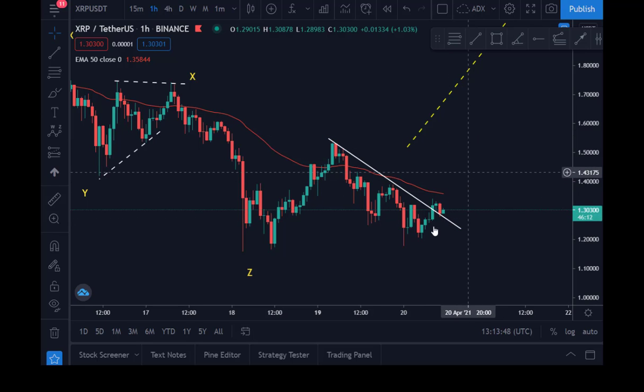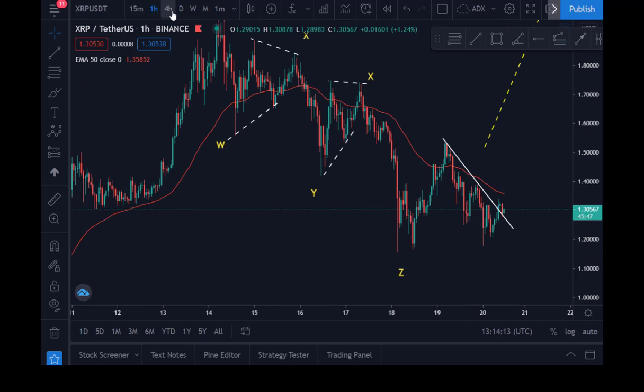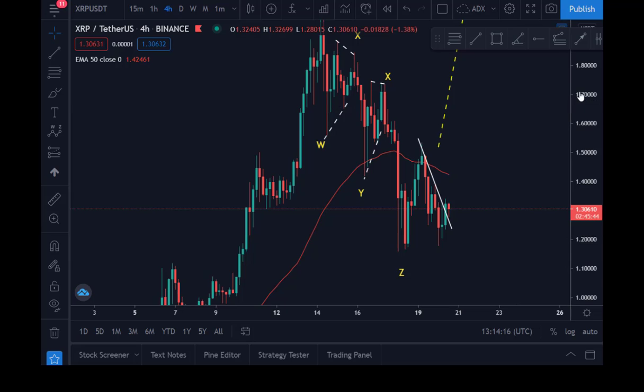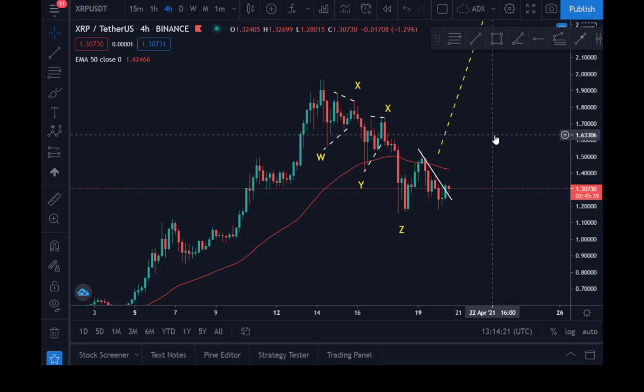So what we're expecting now is, as this breakout comes up here, you might expect it to go this way. But the safest place to enter this trade might be here, guys, this previous resistance here or here. So if you have not, you can put the trade here, or you can put the trade here. This is the safest place to enter the trade on Ripple. Once you put the trade here, you put your stop below it. So that's what we'll be expecting on Ripple, guys. From our indication, we might see this breaking the all-time high if it happens. This might break the all-time high, guys, because the move is just still starting.